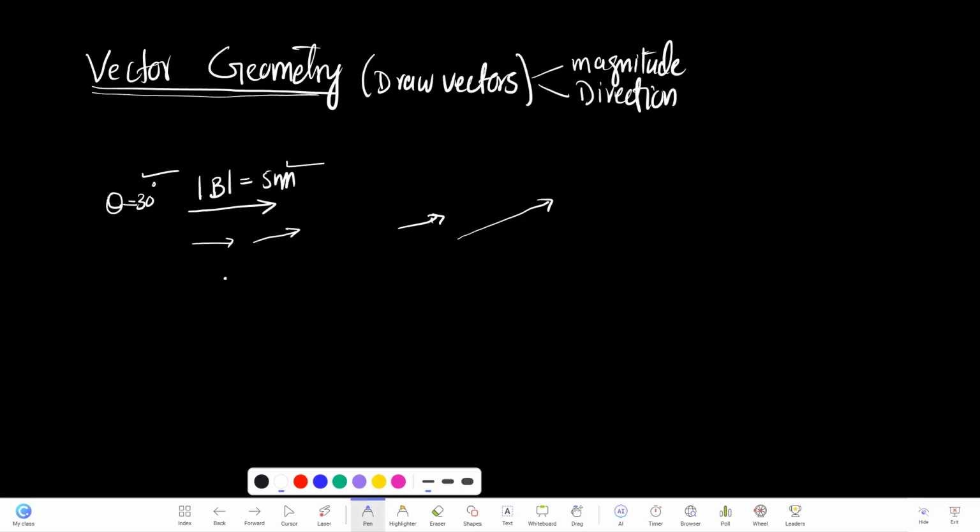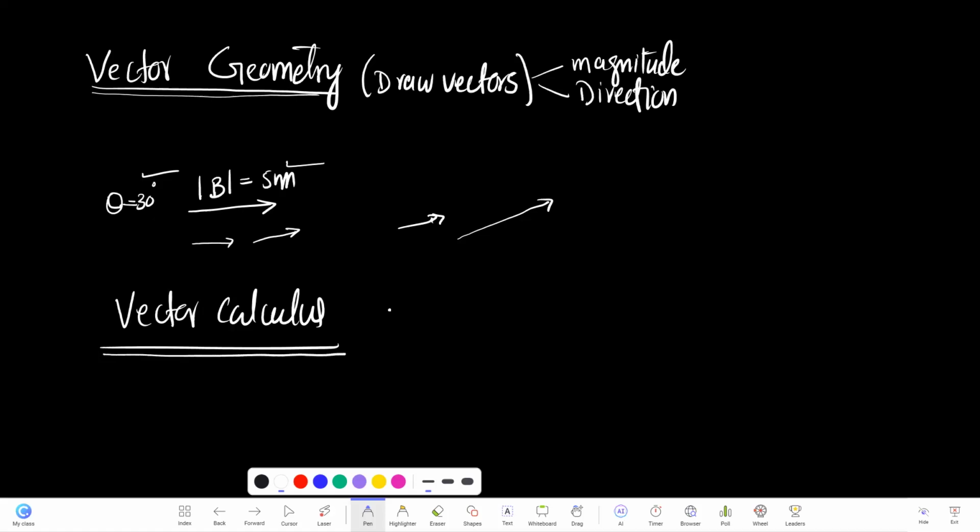Students usually confuse another topic, which is going to come right after the midterm exam, and that is the main part of multivariable calculus, which is called vector calculus. So vector calculus and vector geometry are two different topics. Here, we are not talking about the size of the vector. We are talking about